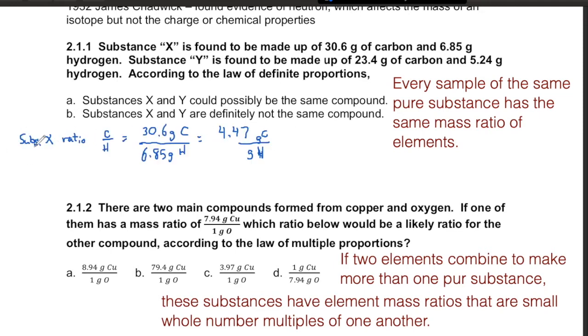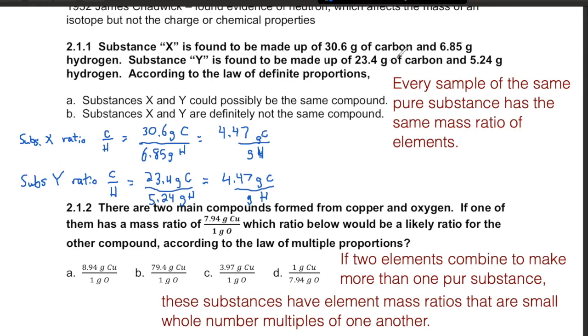So this first substance, X, to figure out the mass ratio of carbon to hydrogen, we take the mass of carbon and divide it by the mass of hydrogen to figure out the ratio. We have a compound with 30.6 grams of carbon and 6.85 grams of hydrogen. And so we can see that the mass of carbon is 4.47 times as much as the mass of hydrogen. And then for substance Y, the mass ratio